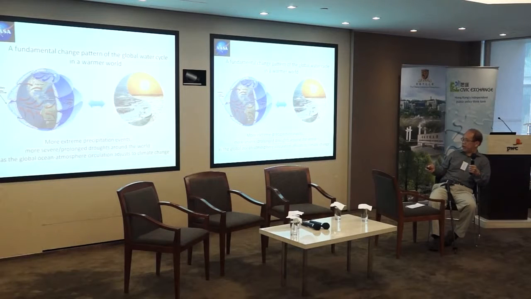So I'm going to try to summarize: people are now thinking there's a fundamental change in the pattern of the global water cycle in a warmer world. In fact, this warmer world could be natural or could be man-made. We don't know, but instead of saying total changes, the idea is that there will be more extreme precipitation events, and at the same time